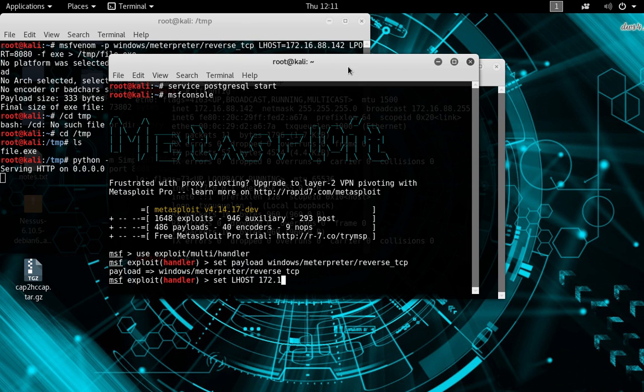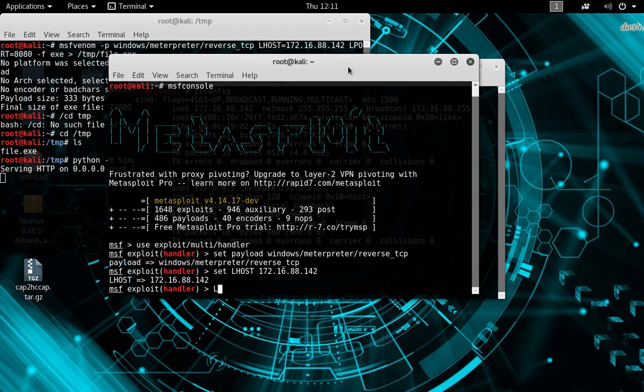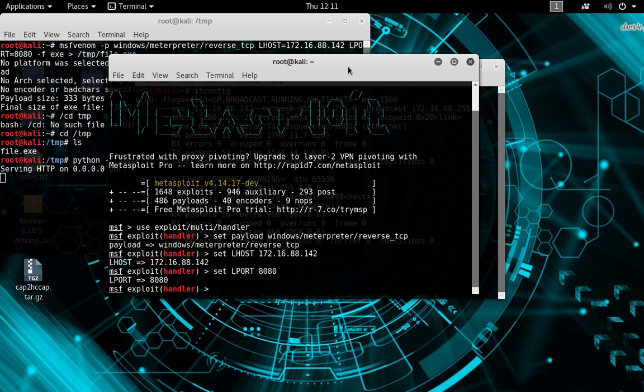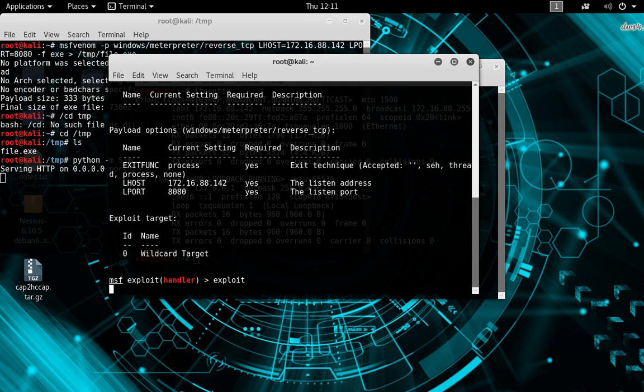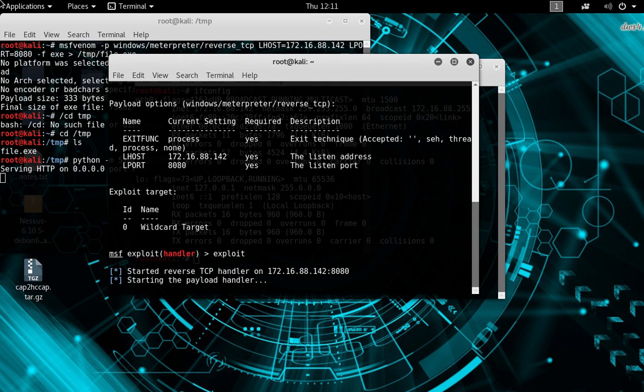Set the host to the Kali Linux machine, and the listening port. Oops. Make sure that they took the options. So they did. And I'm going to tell it to exploit. So while that's started,